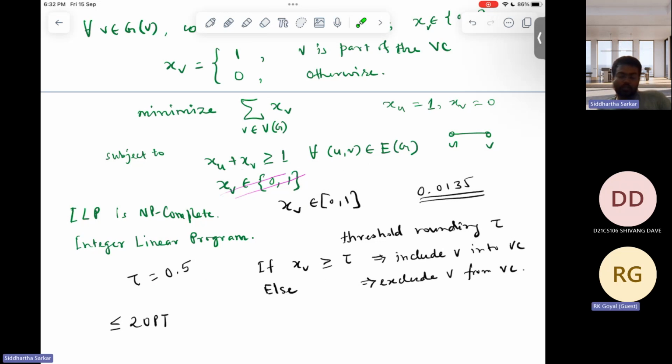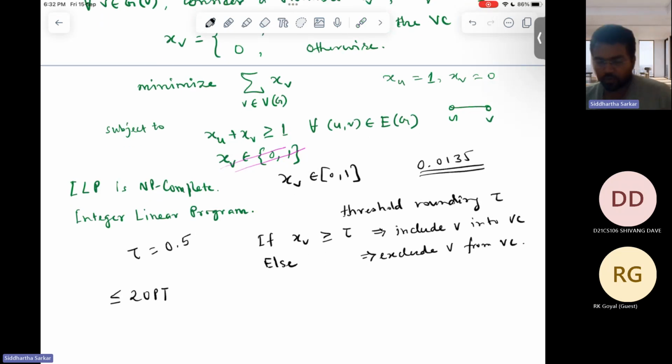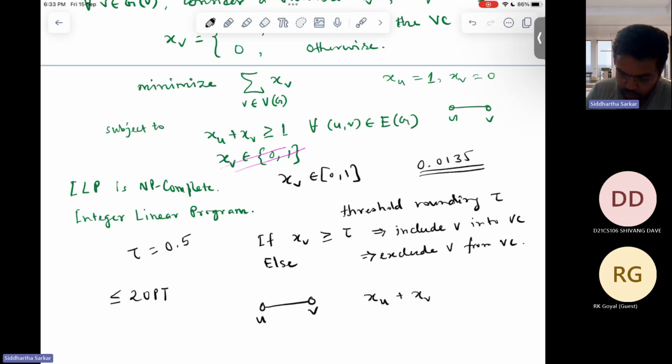Okay, so why is that so? In 2 lines, we can prove that this is a two approximation. Two approximation meaning that the solution is at most 2 times the optimal solution. The size of the solution is at most 2 times the size of the optimal solution. Okay, so first thing is consider an edge in the graph, let us say u comma v, and you have the corresponding constraint that xu plus xv should be at least 1,